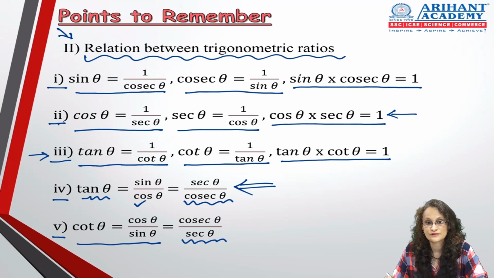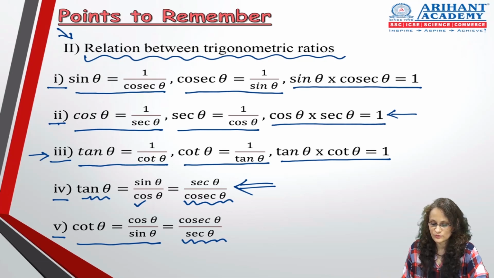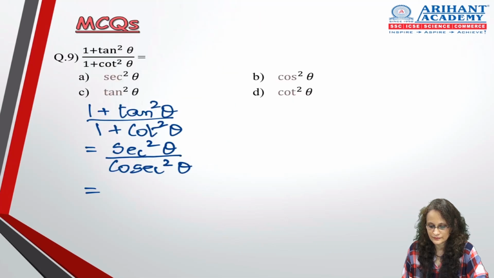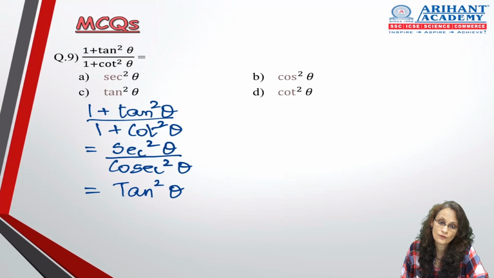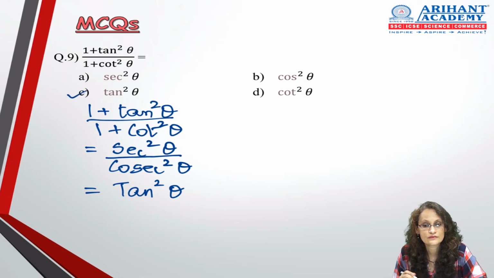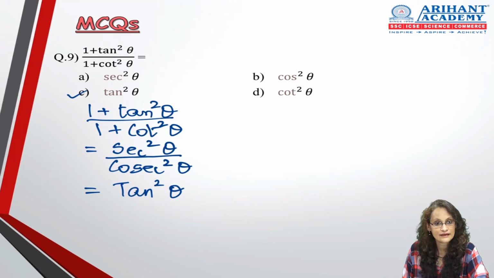Sec upon cosec. What is sec upon cosec? It is tan, right? So swipe, swipe, swipe. Sec upon cosec is tan, but यहाँ तो स्क्वायर है, so this will automatically become tan square theta. And you know your option. It is option number C. So it's entirely, as I said right in the beginning, entirely based on formulas. Okay, so we are done with the 9th MCQ.